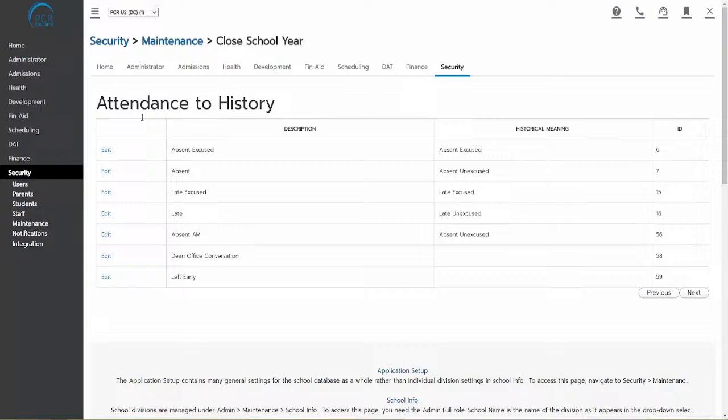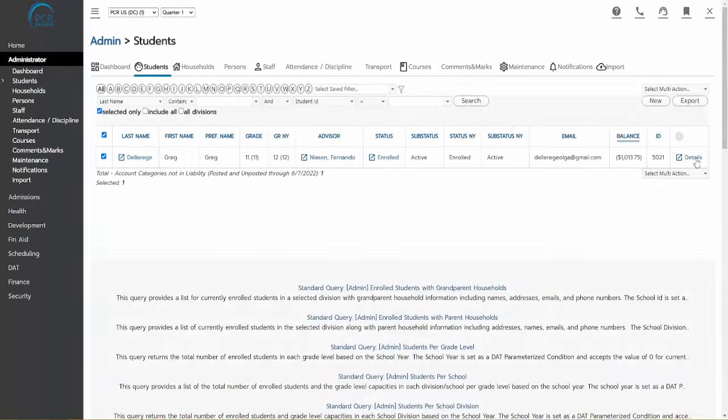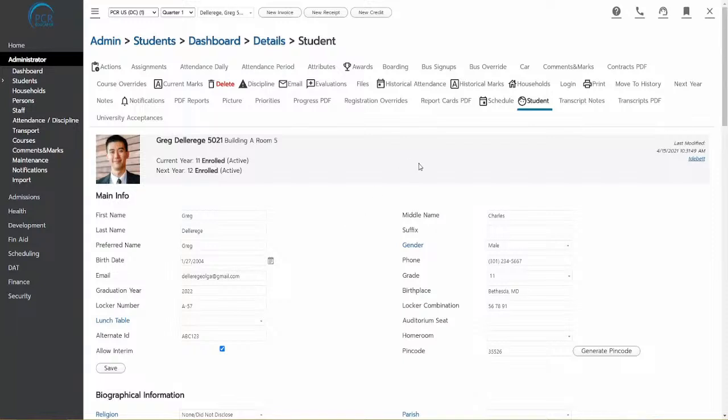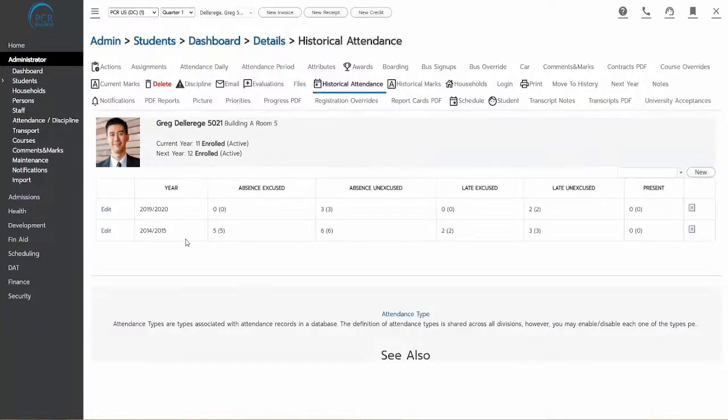To review historical attendance on a student's record, you could just go to admin students and go to details of a student, and there's a section called historical attendance. This is where the attendance gets summarized for each year. So here I can see, for different years, how many times this student was absent excused, absent unexcused,